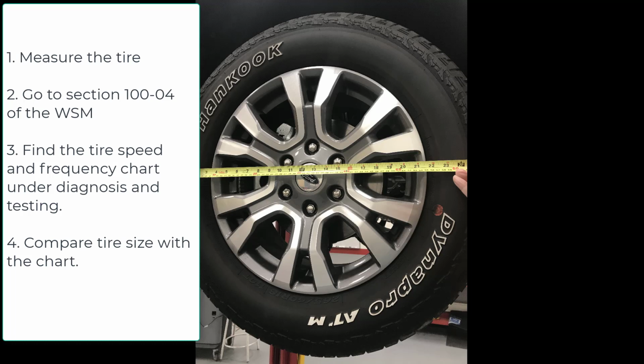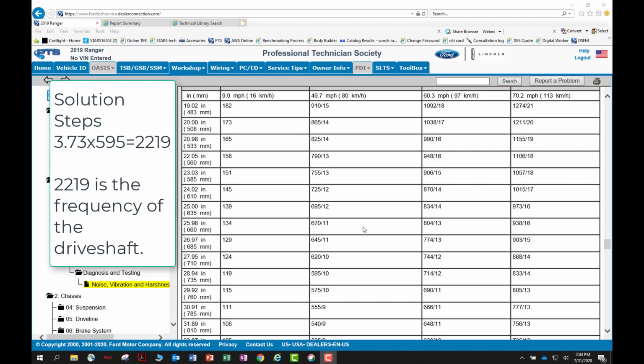Next, you will need to calculate the RPM or frequency of the drive shaft. Here's a step-by-step procedure on how to do that. First, measure the diameter of the tire. In this example, our tire is 29 inches. Go to section 100-04 of the workshop manual. Find the tire speed and frequency chart under the subheading Diagnosis and Testing. Compare the tire diameter with the chart in the workshop manual, and then multiply the axle ratio of the vehicle